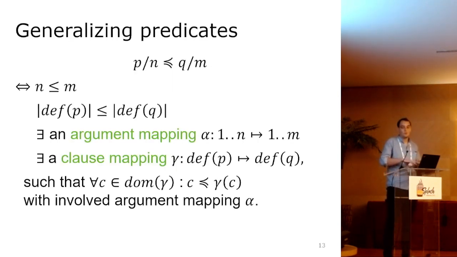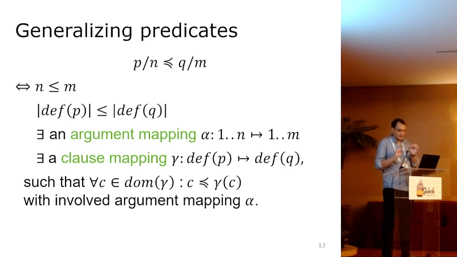Now let's get one step even higher and go to predicates. If I have two predicates, I would need the clauses of P to be more general than those of Q. But again, remember that the clauses are not ordered. They are themselves in a set. So we say that P is more general than Q if it has fewer arguments. It also has fewer clauses. There exists still an argument mapping. Remember